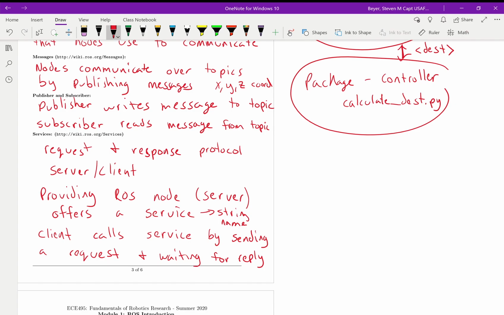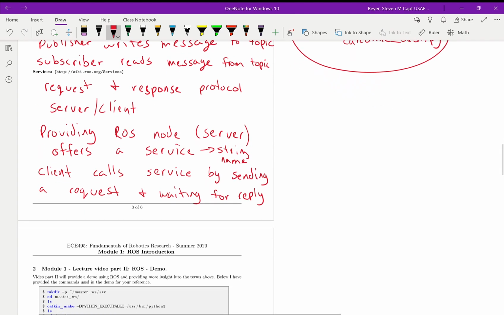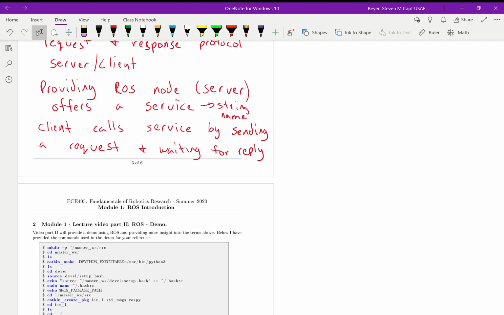That's pretty much it for your general terminology. We'll go and look at a demo. I'll have the demo posted as well. And in section 2 it goes through all the commands I will use during the demo. That will show setting up a package, setting up nodes, and all of this terminology you saw here. Hopefully